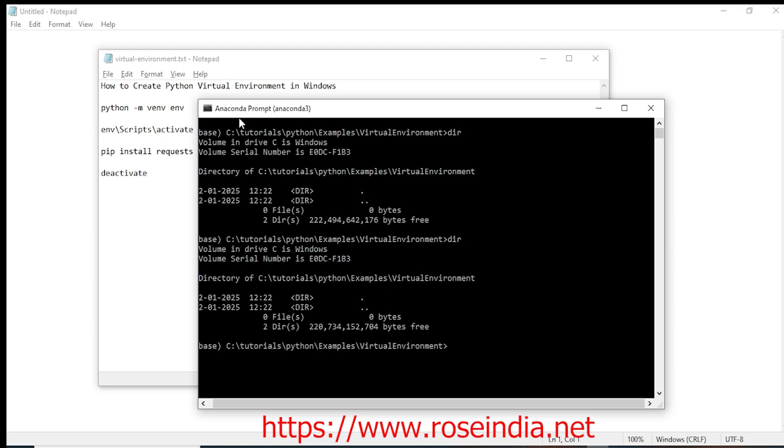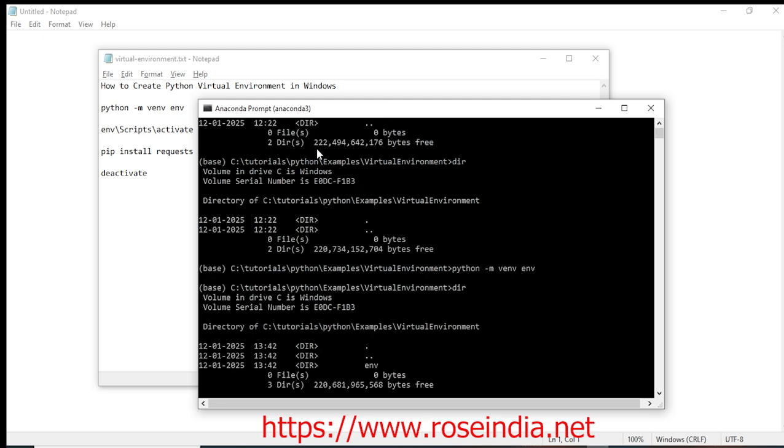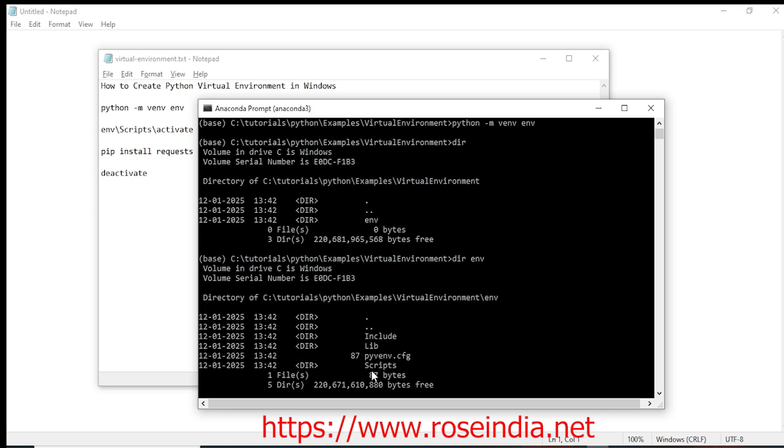The command is python -m venv, then virtual environment, and the name is env. Now it is creating the virtual environment, and it's created. So you can see there is a new directory env here, and if I dir env, you can see the